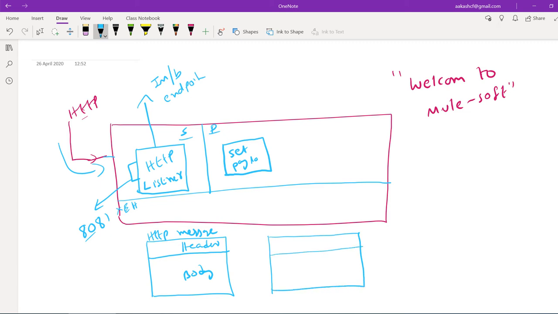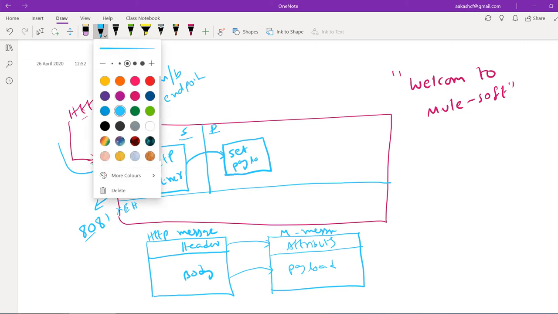These headers will flow as attributes, and this body will flow as a payload in a Mule message. Right? Now, from the listener, we are getting a Mule message. I just told you that for explanation purposes.